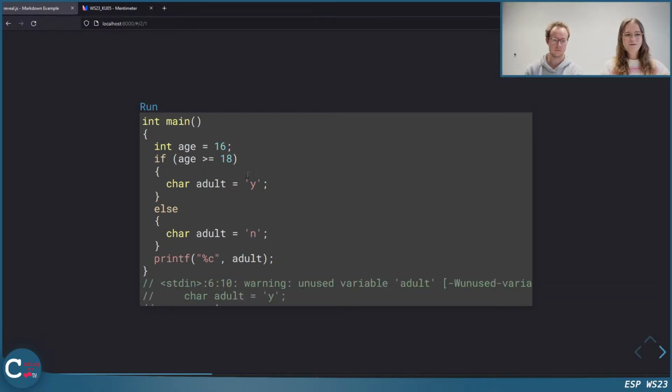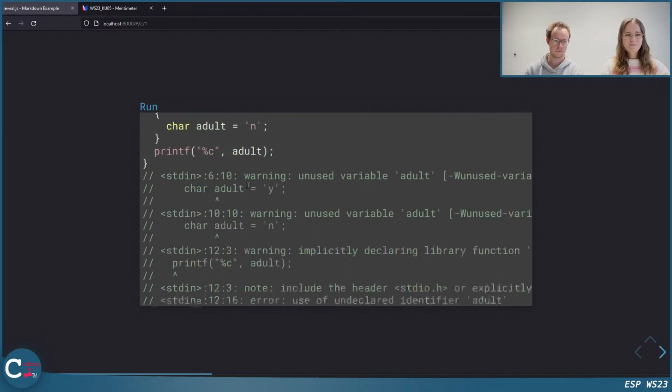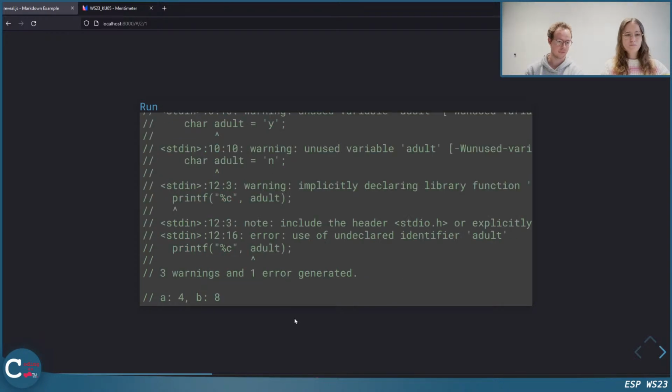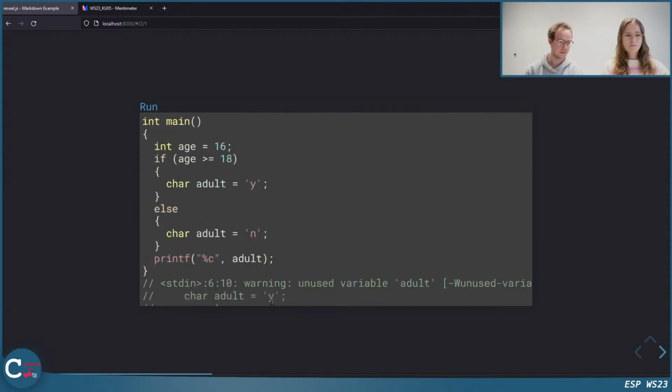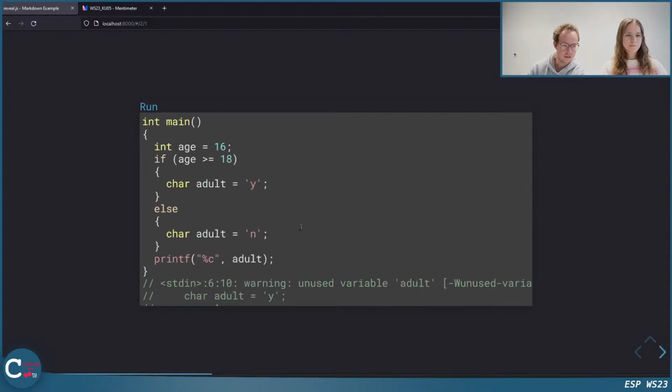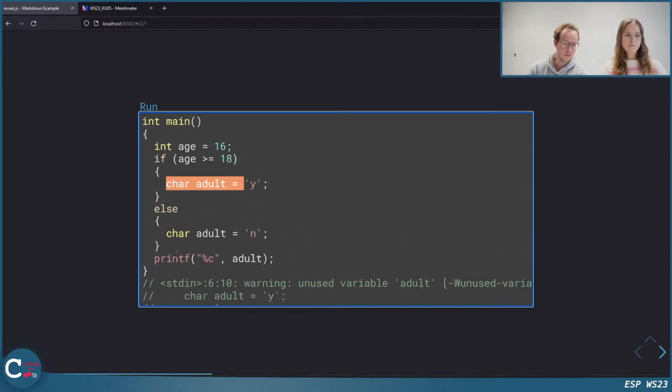So I can also press run, and the last message is here. If you scroll down, the last message is here. Error of undeclared identifier adult, and that's because we declared adult inside of a block and want to use it outside of the block. So it's undefined outside.